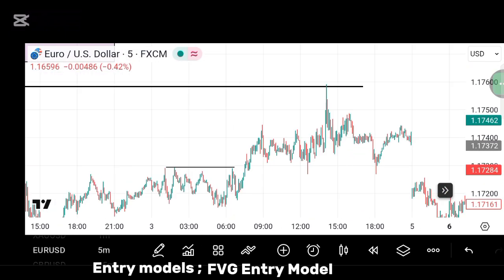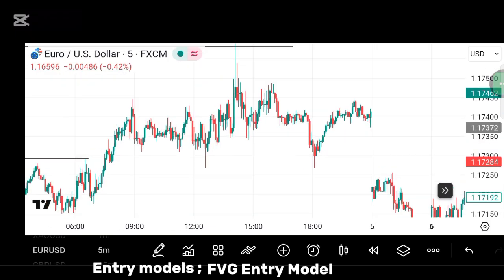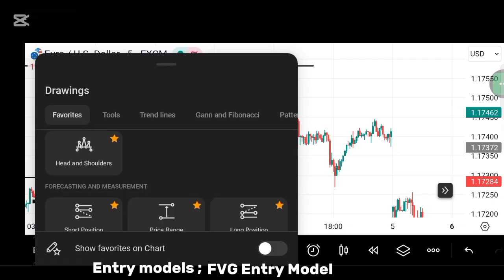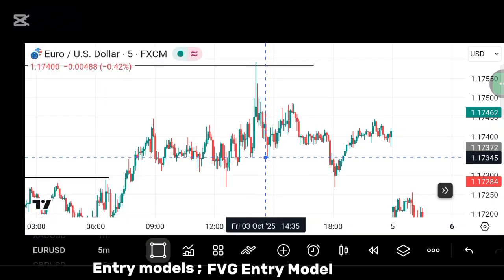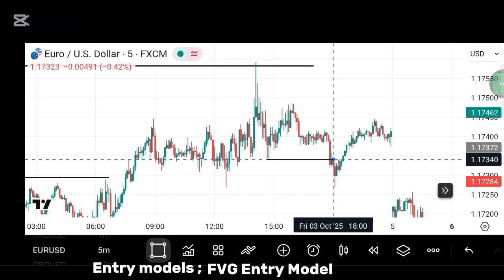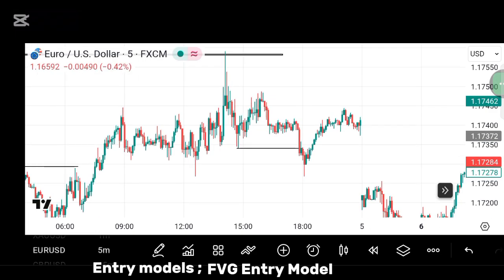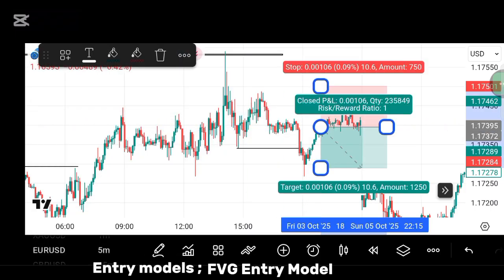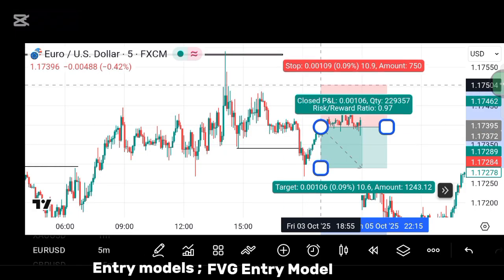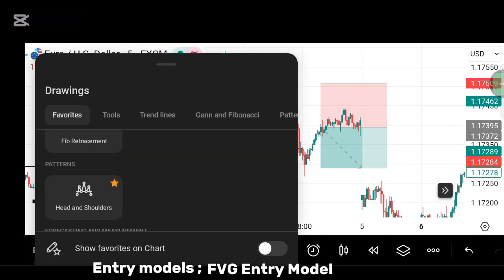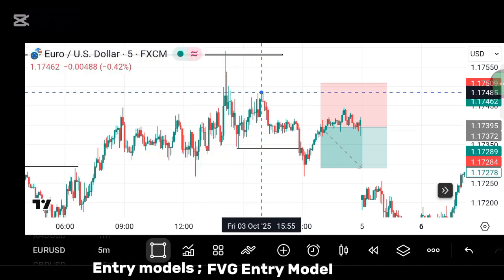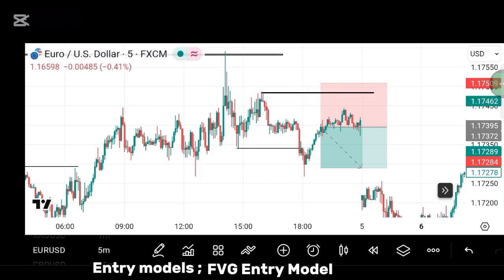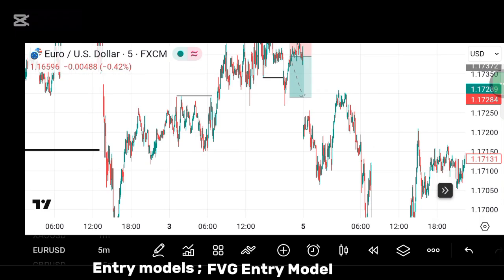So on the 5 minutes here, you want to see a shift in market structure, and from what I've seen here, this is where it's already shifting market structure just before the close of the day. So if you take this as your shift in market structure, then maybe you enter around here after this retracement. You start shorting around here, and maybe your stop loss will just be slightly above here, just in case this is any form of liquidity, maybe inducement. You leave this margin a little bit, enter around there, then still target the level here